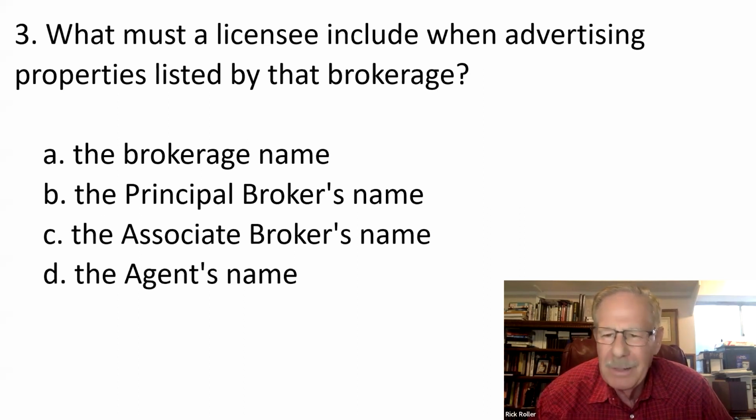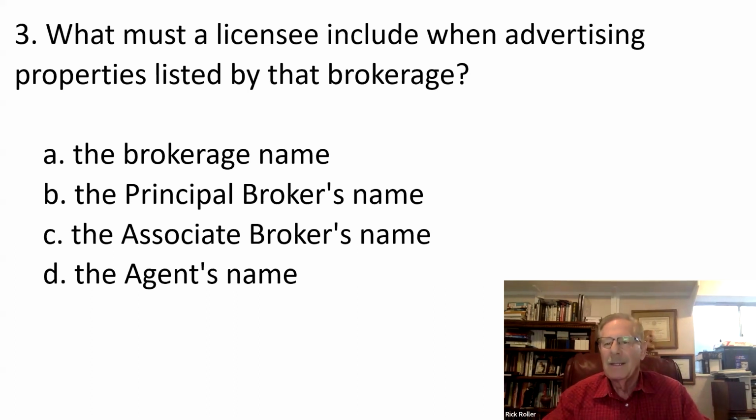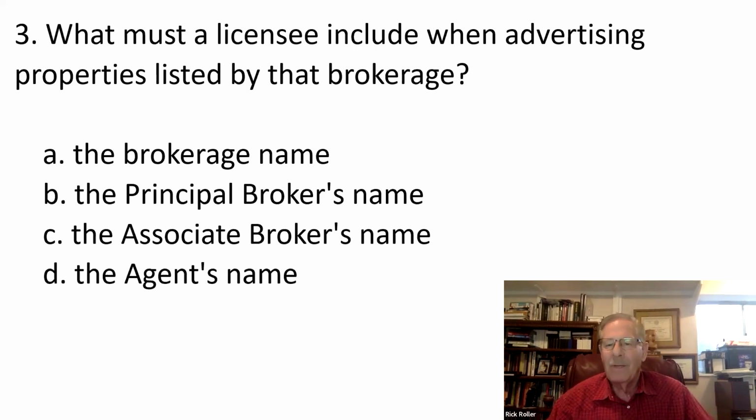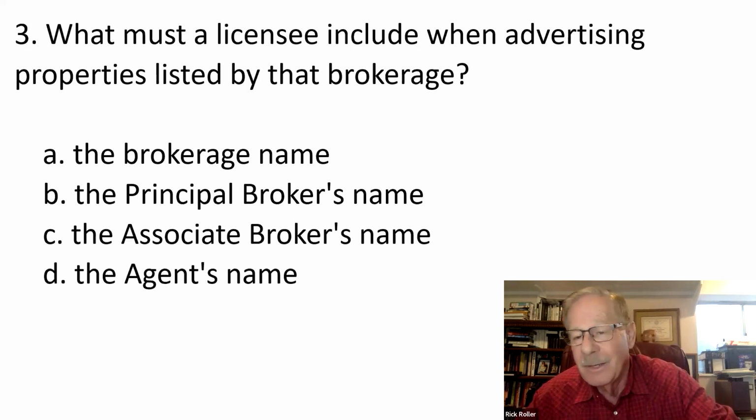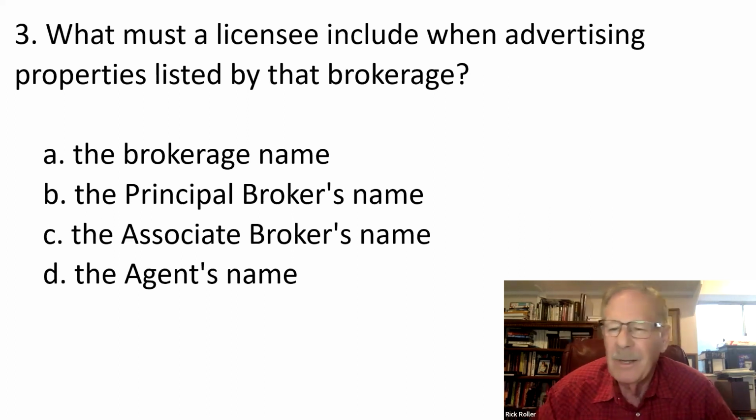Associate brokers in your company? Oh, what the heck? I mean, the only difference between an associate broker and a salesman is that instead of having a sales license, you have a broker's license, but you choose not to be the responsible broker. You're really the same status as a salesman when you're working for another broker. Unless you're a manager or something, and then you'd be a branch manager or something like that. But really, associate brokers, that's a sucker's answer. Don't ever pick that one in this context,